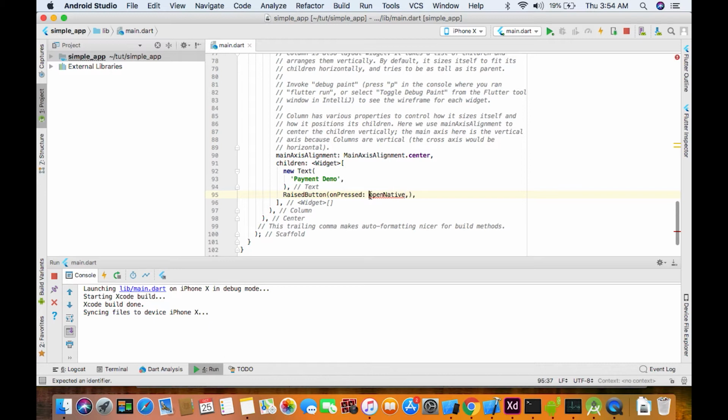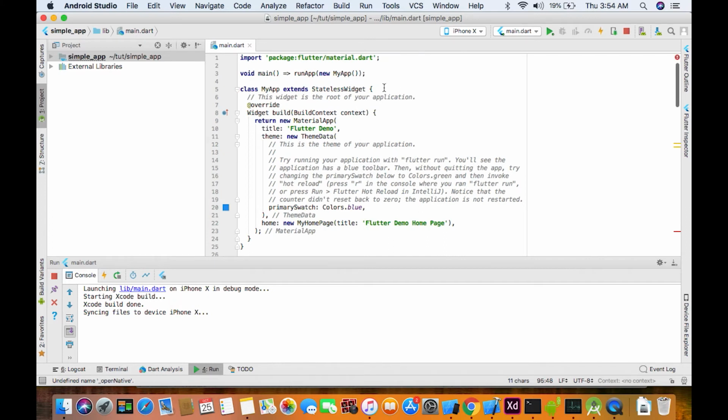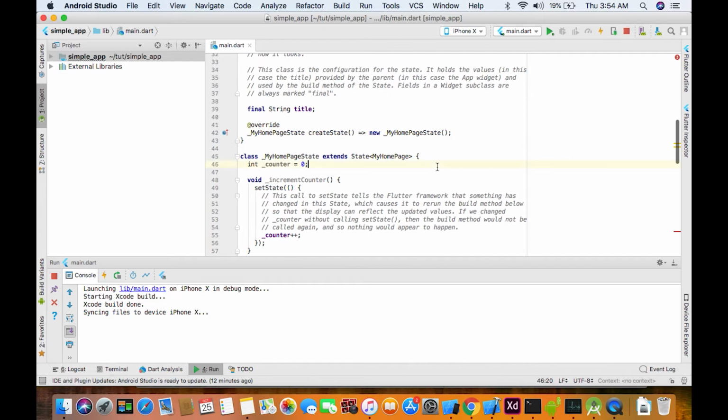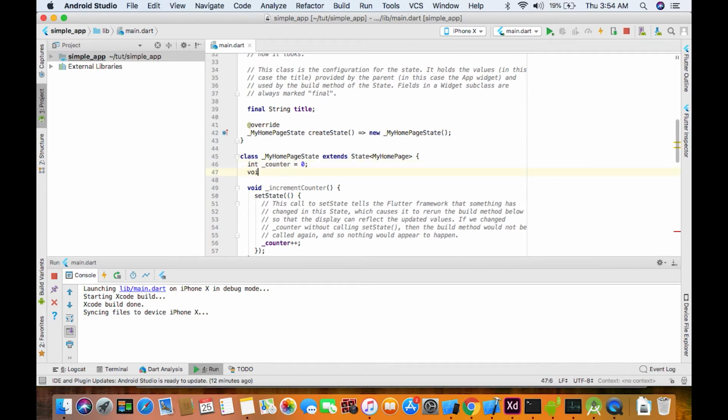We'll make a private function. We'll define it here. Yep, it's a stateless widget. Void open native, and we'll just open and close it.